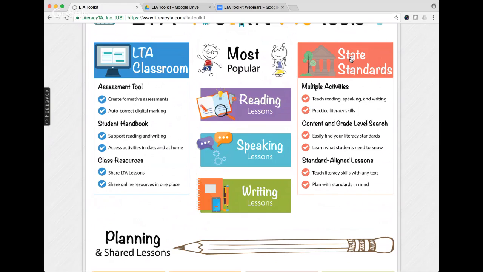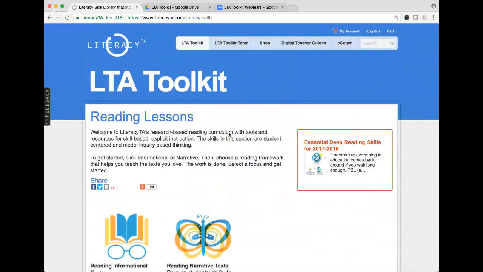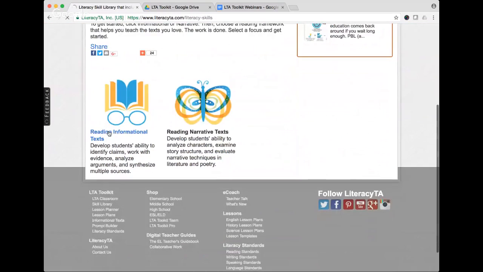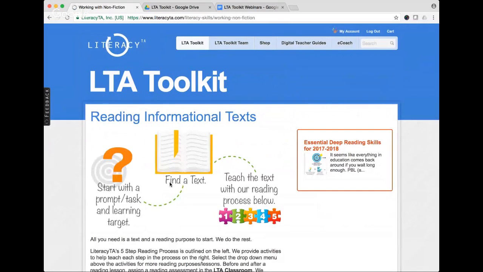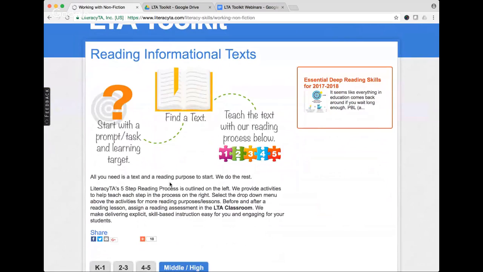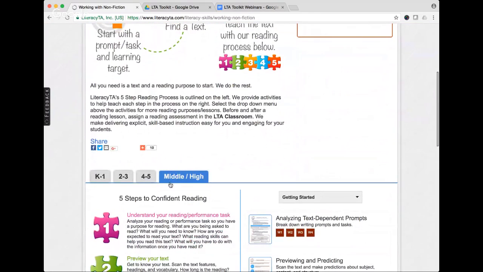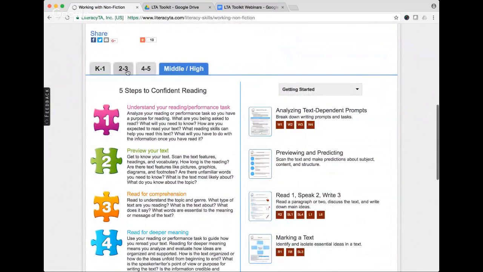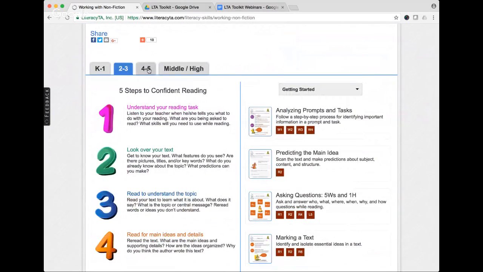Yeah, readings 3 through 5. Okay, so one of the things that you definitely can do, click on reading. It's gonna be a lot of nonfiction, and the skills are gonna transfer anyway to fiction as well. But I would want you to camp here, and then you've got your 2-3 band, and you've got your 4-5 band,